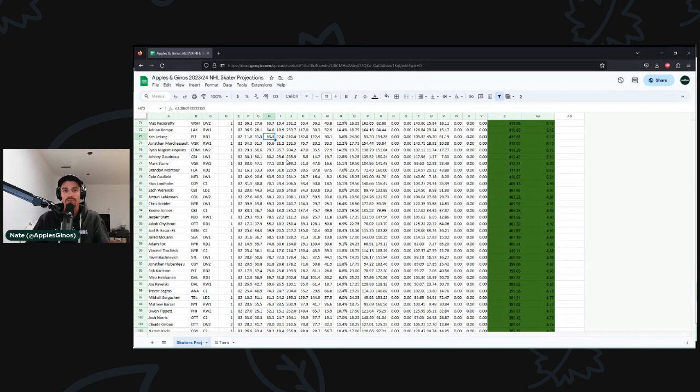There's just not a lot of upside to doing that, because all the players that normally go in the early rounds are very safe bets to do so. So to take a big swing on a player in those first few rounds doesn't make a lot of sense. There's a lot more downside risk in the first few rounds than there is upside risk, just because all of these players in these first few rounds are expected to get all the deployment and to have really good seasons. And so by nature, they definitely have to have more downside risk.